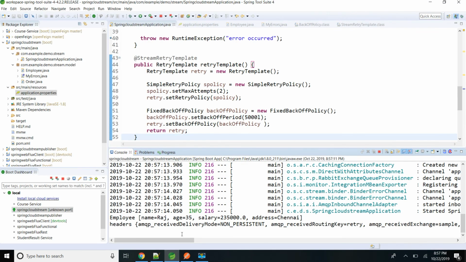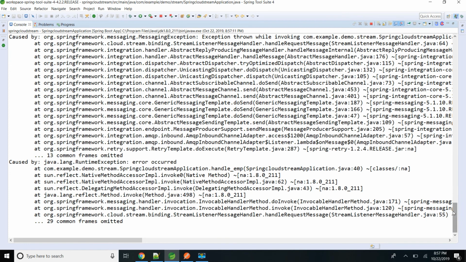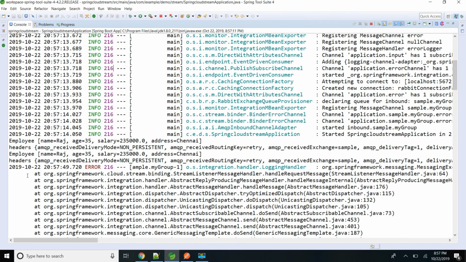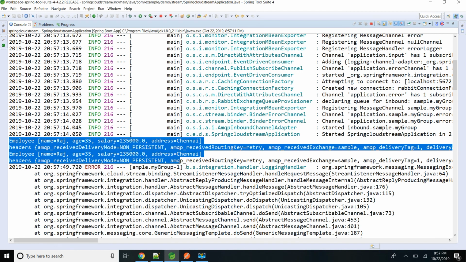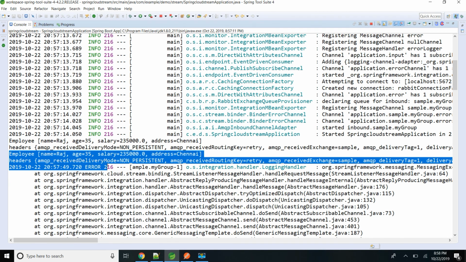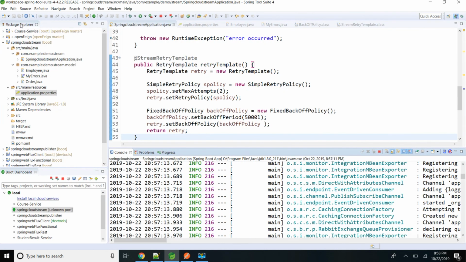If I come to my RabbitMQ console, it should try only 2 times. Yeah, we got only 2 retries. The SimpleRetryPolicy we have set to max attempts 2, so we are able to retry only twice, and it should have the delay of 5 seconds. This is how RabbitMQ does system level error